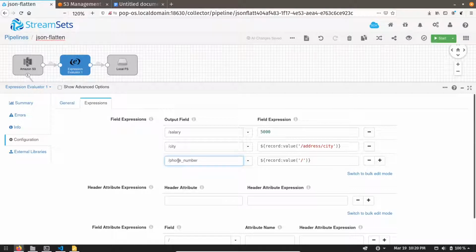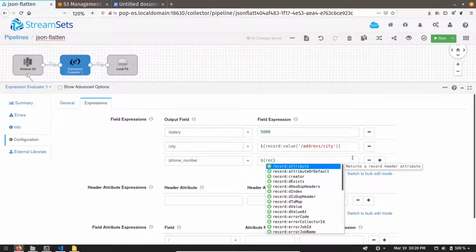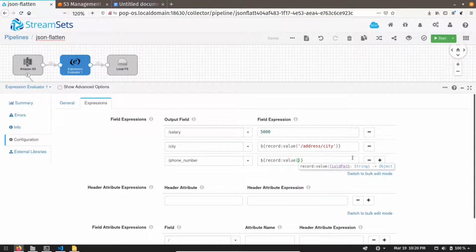and again we want to extract the columns. Again, we first create the expression block using curly brackets and then call the function record:value. Then inside we pass the path.